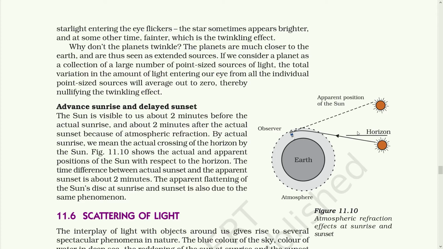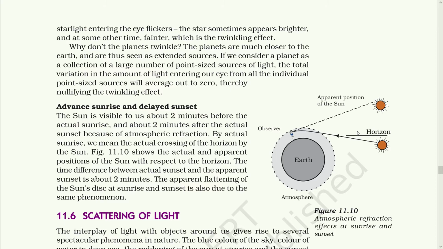Now, because of this, we have one more phenomenon, that is early sunrise and delayed sunset. Early sunrise means the sun actually rises at one time. That means it comes up on the horizon at some time, but we are able to see that sunrise about 2 minutes before it reaches that point on the horizon, and that is also one of the natural phenomena occurring in our environment. The same happens during the sunset. We have to calculate the sunrise and the sunset with respect to the horizon.